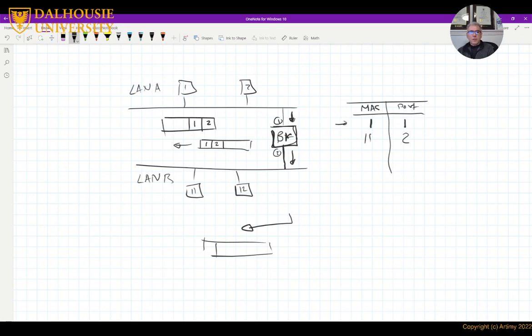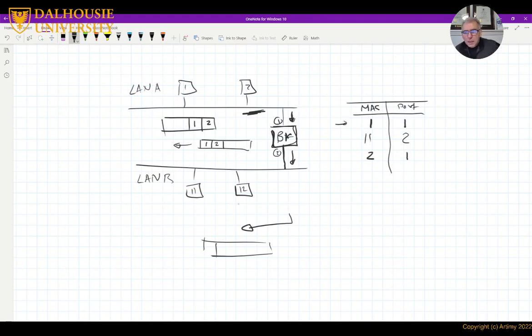The bridge reads this packet because it's on the same segment and says, okay, now I know 2 is coming from port 1, and I know that the destination 1 is also on port 1, so I'm not gonna forward this packet. It's on the same segment here, so I'm not gonna forward it to segment 2, right?